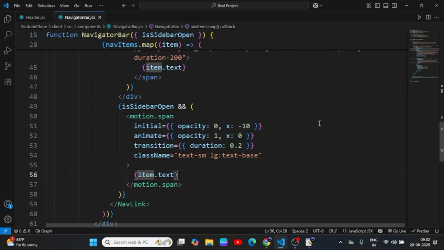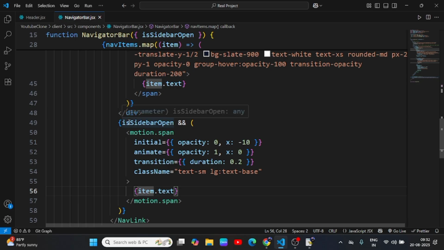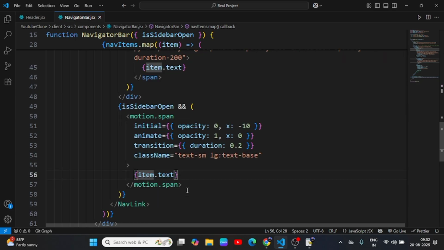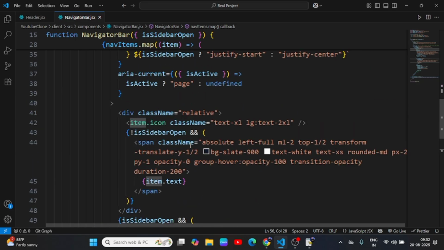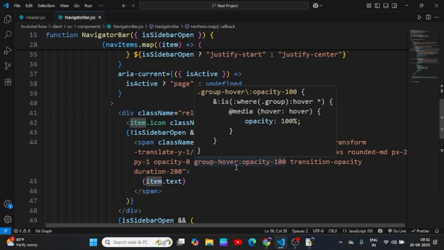So it's sidebar open for this UI, right? If sidebar is not open, then this UI, but without this text. So yeah,